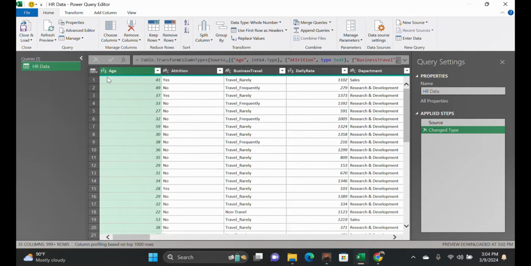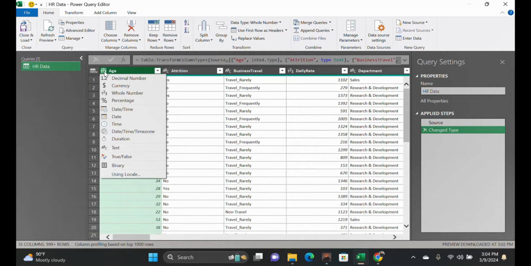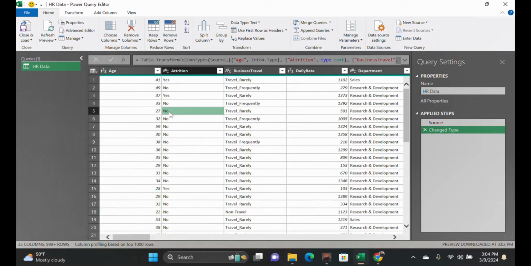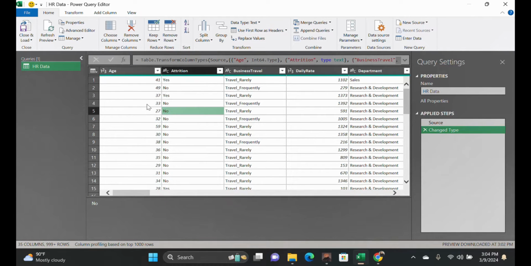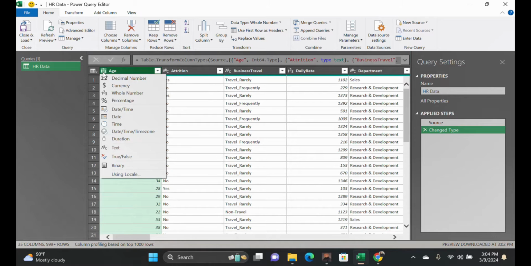Some you can see for the age we have 123, which to some extent is correct. Now if you drop down this, you're going to see all the data types. You have the decimal number, currency, whole number, percentage, and so on and so forth. Now if you look at this column, it is filled up with numbers, which is correct. You would want to say that Power Query is correct, but in my own case, I like to change it